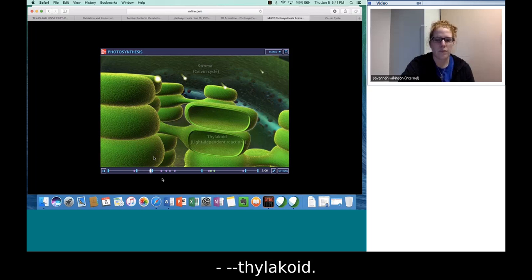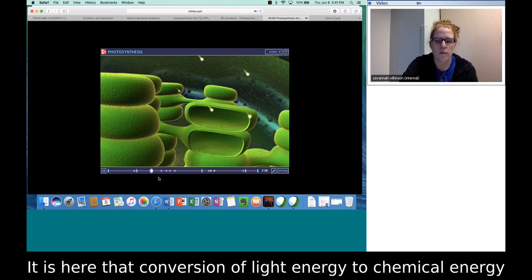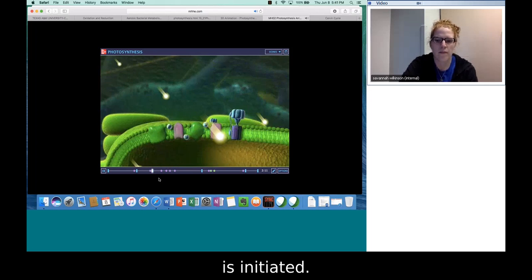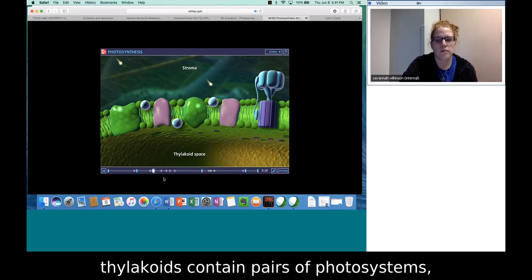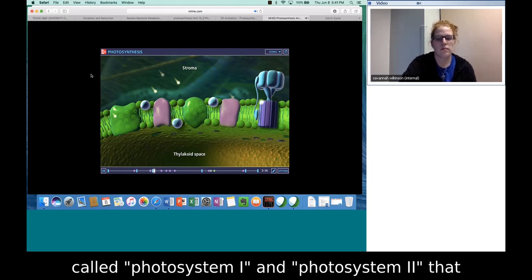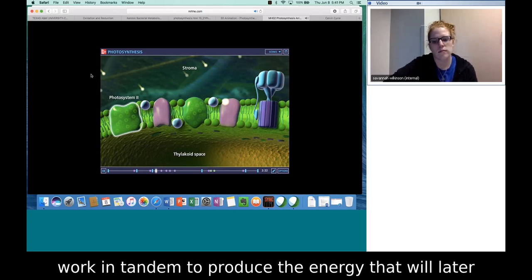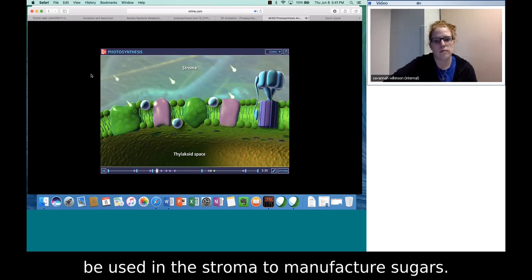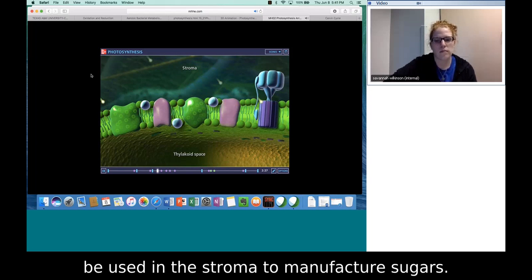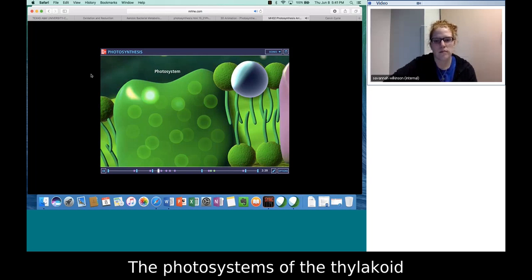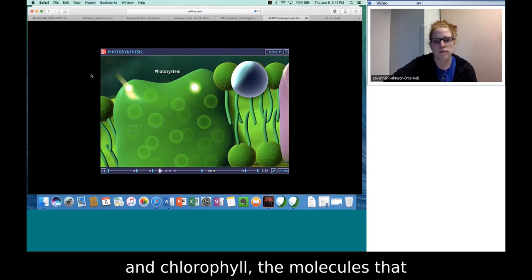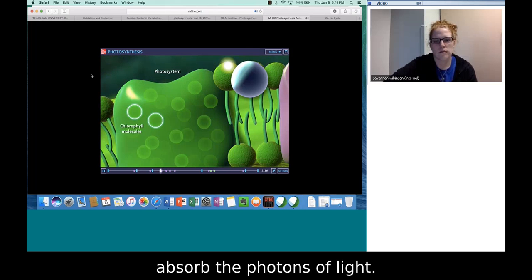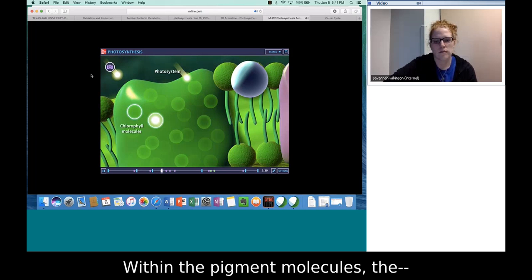Thylakoid. It is here that conversion of light energy to chemical energy is initiated. In most photosynthetic organisms, thylakoids contain pairs of photosystems, called photosystem 1 and photosystem 2, that work in tandem to produce the energy that will later be used in the stroma to manufacture sugars. The photosystems of the thylakoid consist of a network of accessory pigment molecules and chlorophyll, the molecules that absorb the photons of light. Within the pigment molecules,